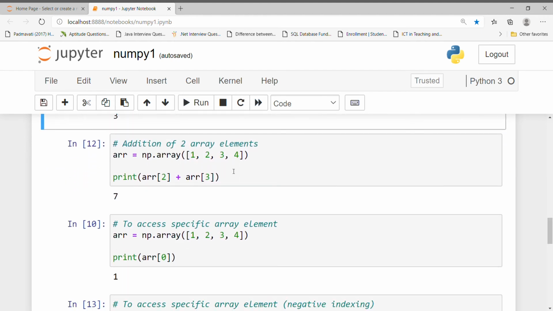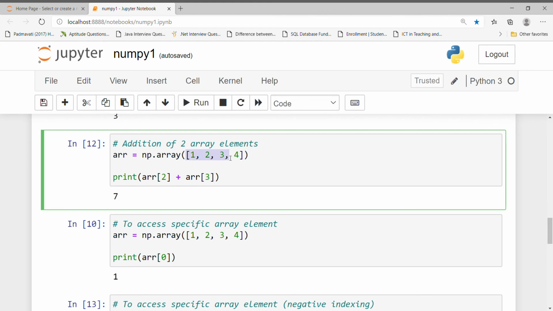If I want to add 2 array elements, how can I do it? I can just pass the array index. The element which is present at array index 2 plus the element which is present at array index 3, that I have to add. So always remember the array starts from the 0th index position.